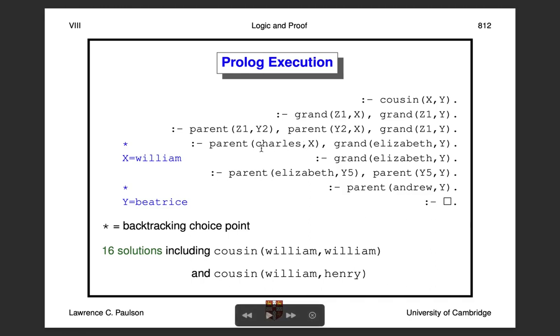What happens now? We have a parent thing to solve again. We again go to our program clauses and we find parent Charles William, and that now sets x to William and gives us the problem of Elizabeth being a grandparent of y. Now you might ask, what is the asterisk doing here? The asterisk